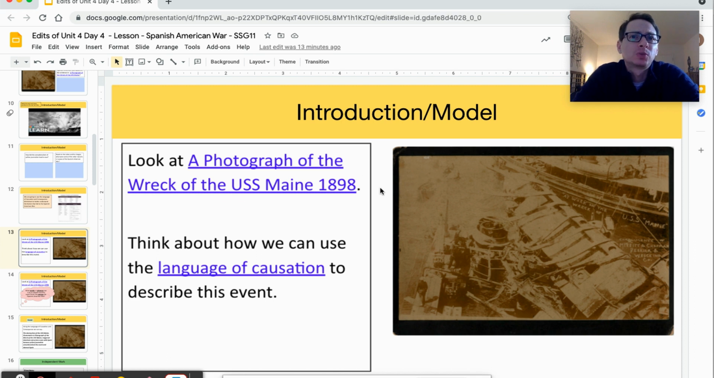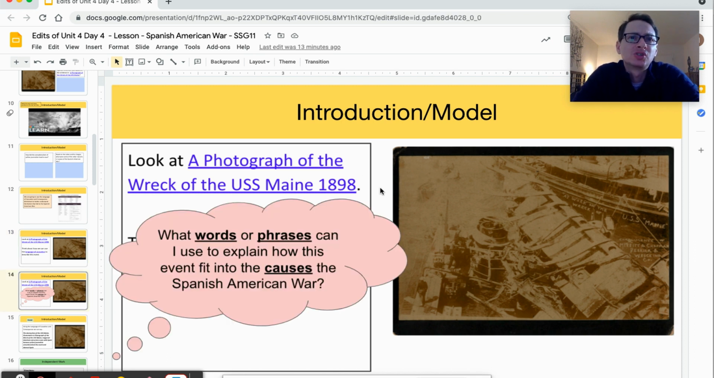Now, we need to be thinking to ourselves, what words or phrases can I use to explain how this event fits into the causes of the Spanish-American War? Well, earlier in this lesson, I learned how immediately after this American ship exploded in Havana Harbor, newspapers made this their top story, which led to public outrage and put pressure on President McKinley and other members of Congress to